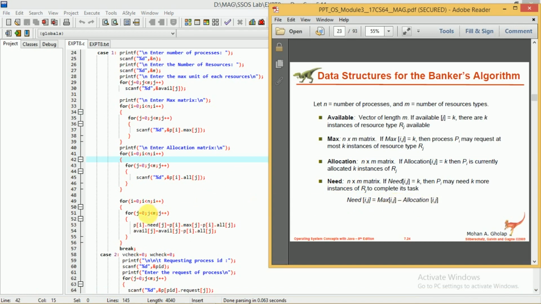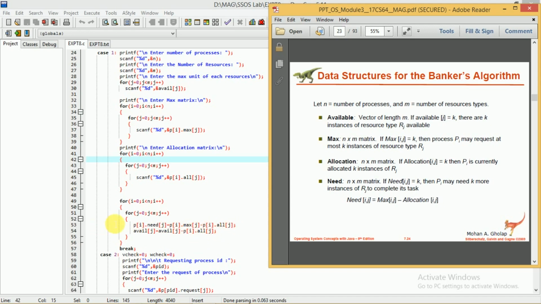For i equal to 0, i less than n, i plus plus, for j equal to 0, j less than m, j plus plus, we write p of i dot need of j equal to p of i dot max of j minus p of i dot allocation of j. This is the same thing, that is need of ij equal to max of ij minus allocation of ij.